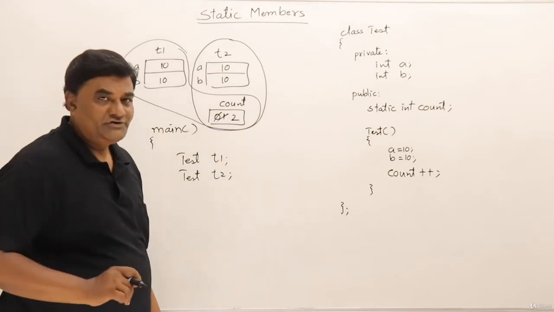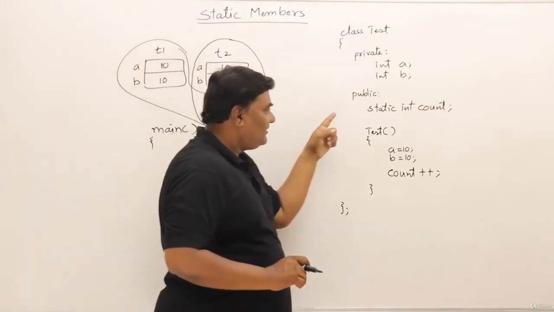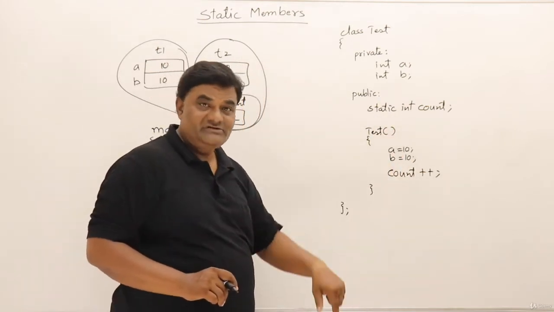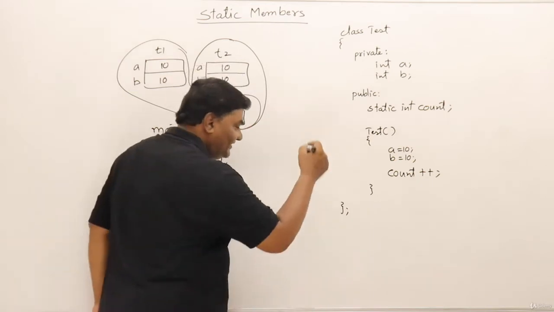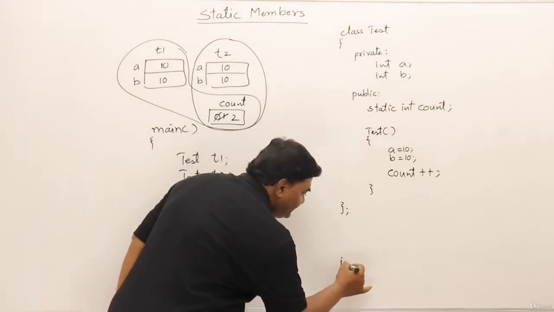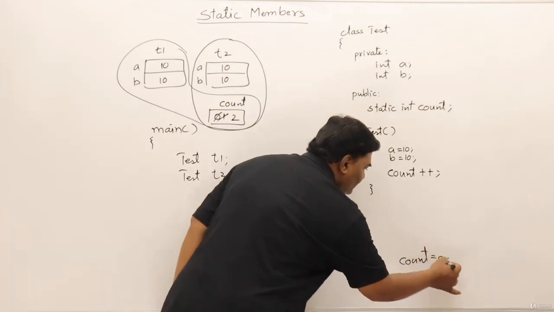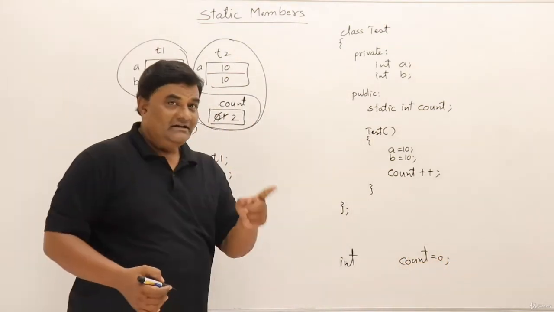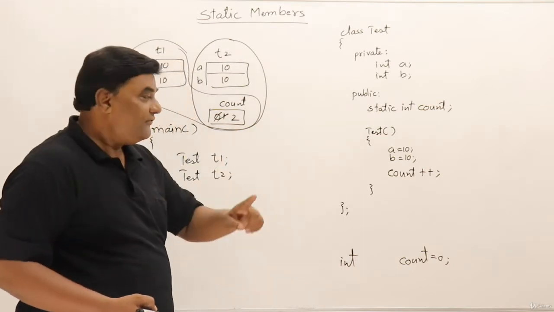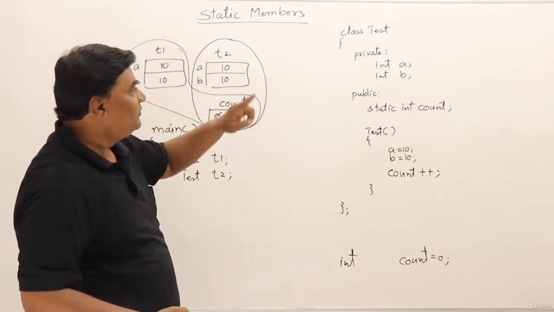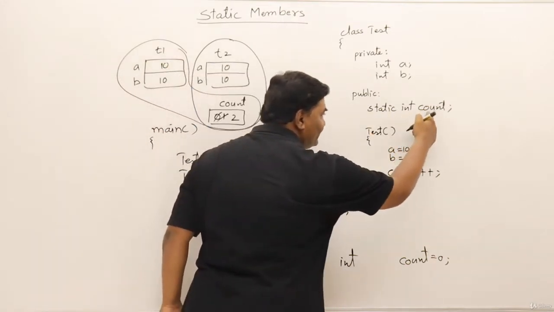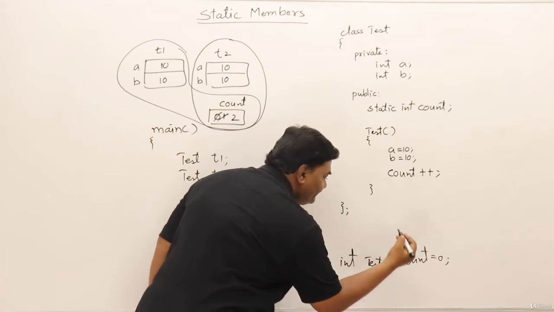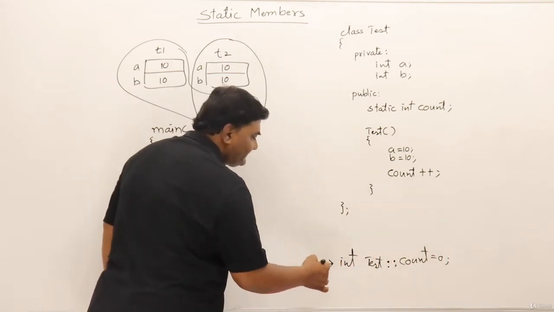Now one more thing I have to show you syntactically. When you have a static variable inside the class, you must declare it outside again. So I will declare that once again: int count. This is outside the class, so it's like a global variable. Yes, a global variable, but we want it to be accessible only inside Test. We are referring to this one, so say Test scope resolution. This is the important statement.